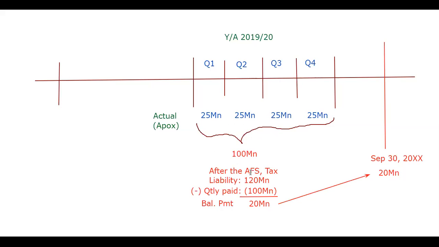Then after finalizing the audit, they realize there is a payment. Then we have the option, and we still have that option in the current system. If there is a balance payment, we can pay the balance by 30th September. That option was in the previous law, and this law also has it. So in your year of assessment, if you consider this as your year of assessment,